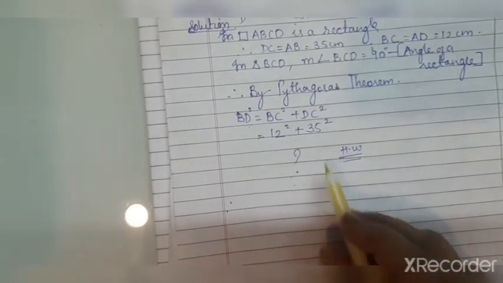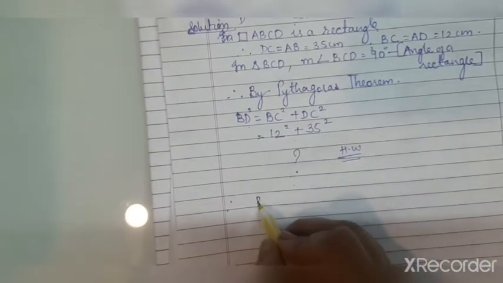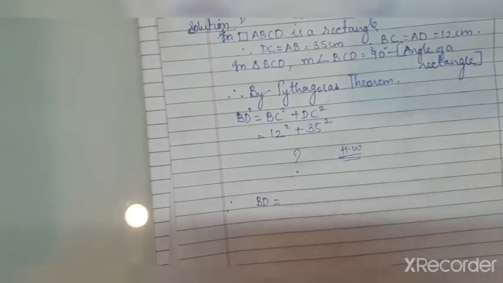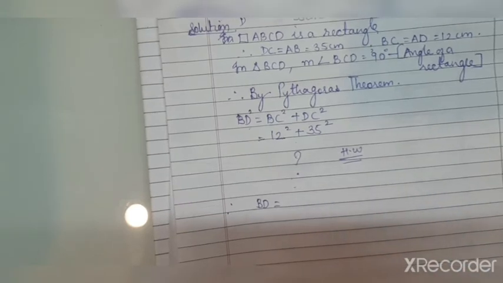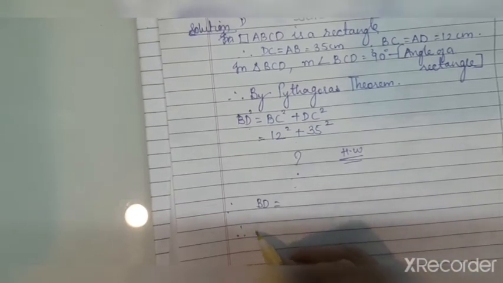Okay, this calculation is for homework, and in the final answer you will find what BD is. Once you get BD, you will write that answer, and you will not leave the answer there. You will write the final answer. Therefore, the